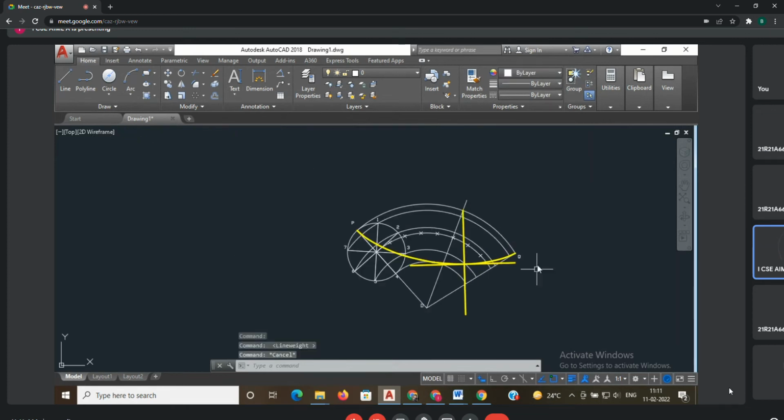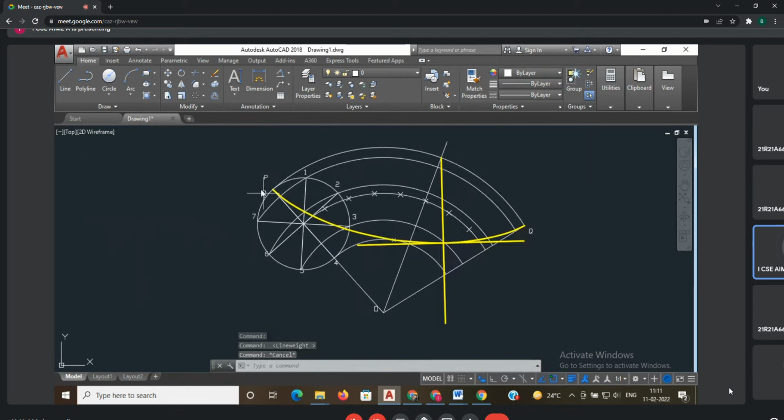Now, the above portion, the above curve, the PQ, is our baseline. That's why you have to draw the line up to the base point, the baseline, the base curve. Suppose in a cycloid, the baseline is at the bottom. That's why from the axis, you are drawing the vertical line towards the base, up to the base.